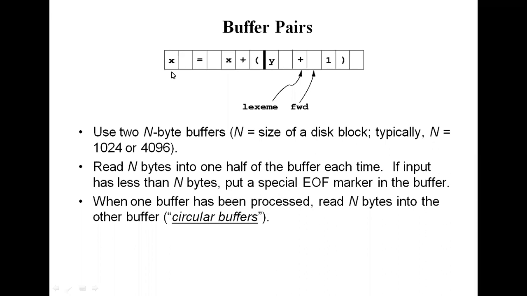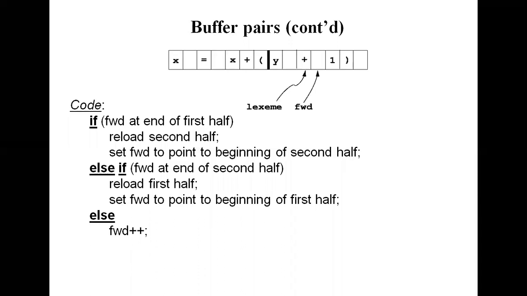Here the first function I am performing is scanning it, scanning from left to right. That means reading each individual character from left to right. That's it. See here we have two arrow representations: the first arrow is a lexeme and the second arrow is a forward. These are the two pointers we are using here.